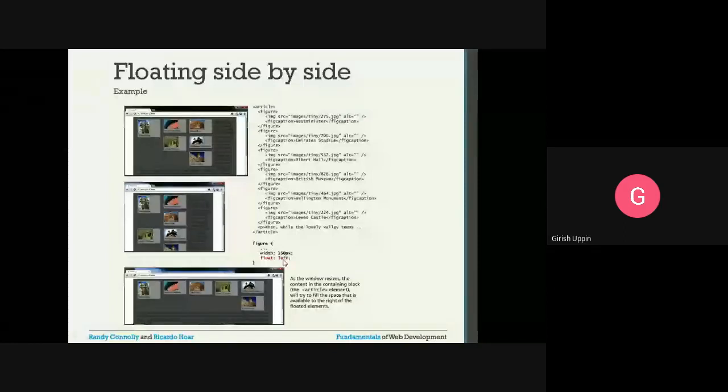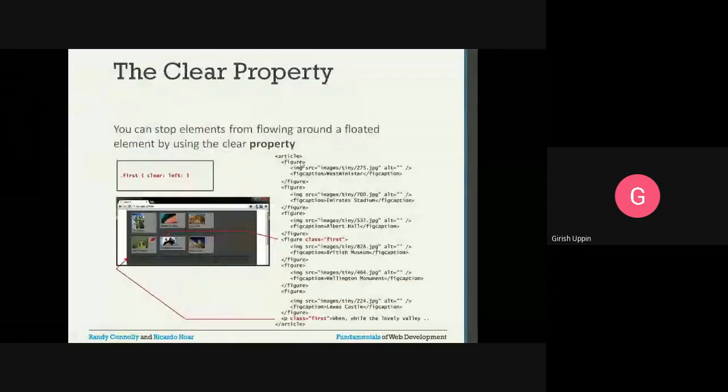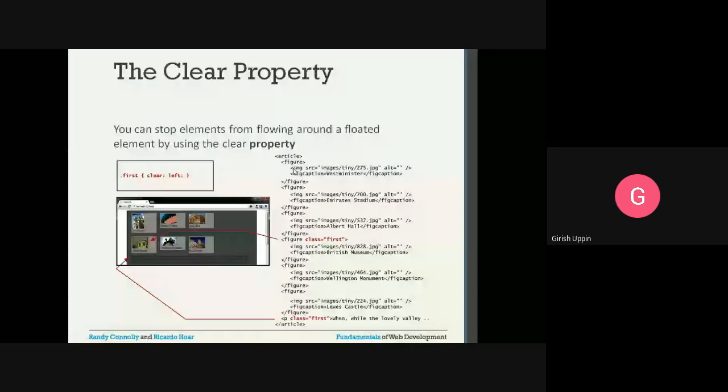Now all these figures have the float property set as left. Now if you see here, the first figure, the second figure and the third figure have the property of left. So this first figure will float to the leftmost side of the container. Then these two images will refloat.